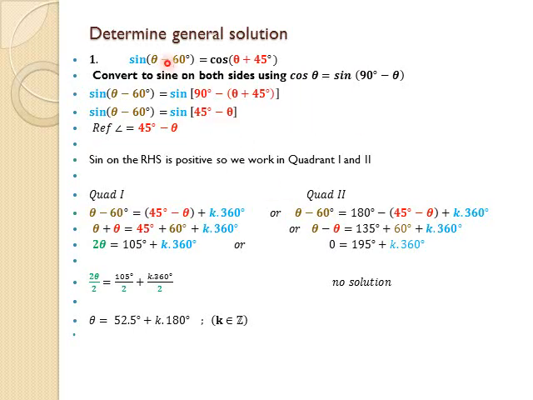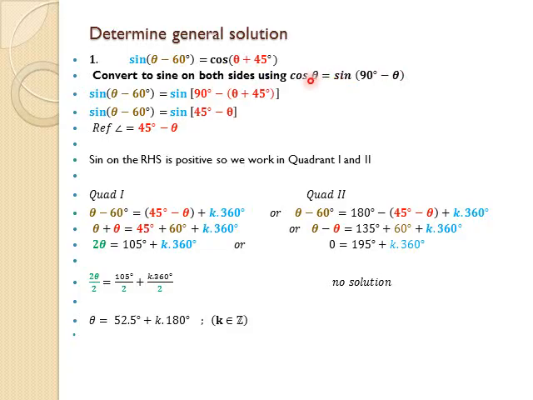First and foremost, as you can see, I have sine of theta minus 60 equal to cos of theta plus 45. Determine the general solution. To solve this when it's given in this order, I can't just press shift sine or cos. I'm not going to get anything. So either my ratio is going to read sine sine, or I'm going to make it cos cos. I'm going to convert this to sine on both sides,